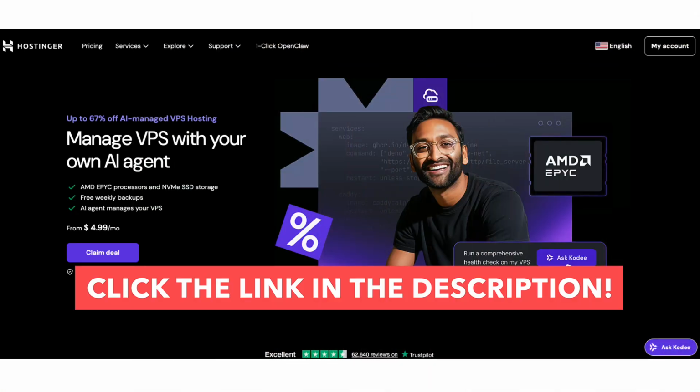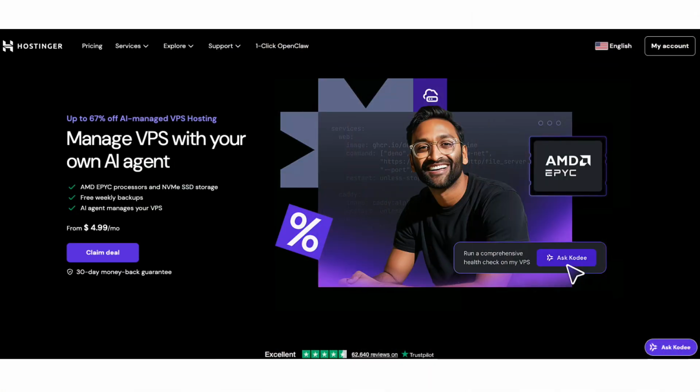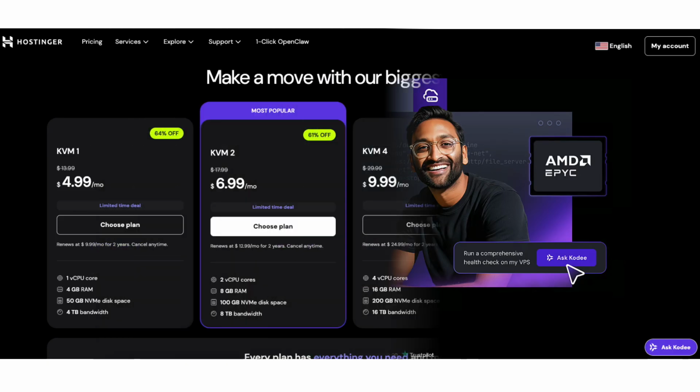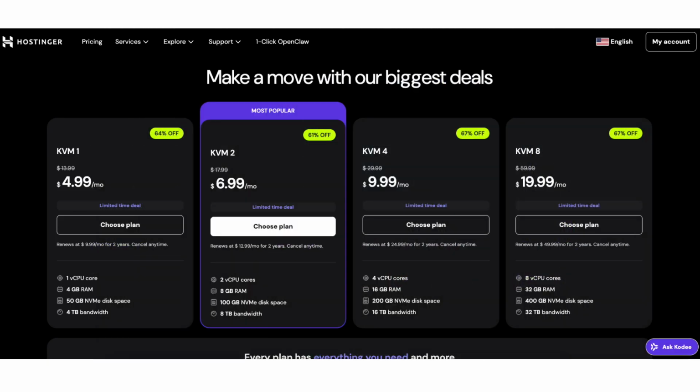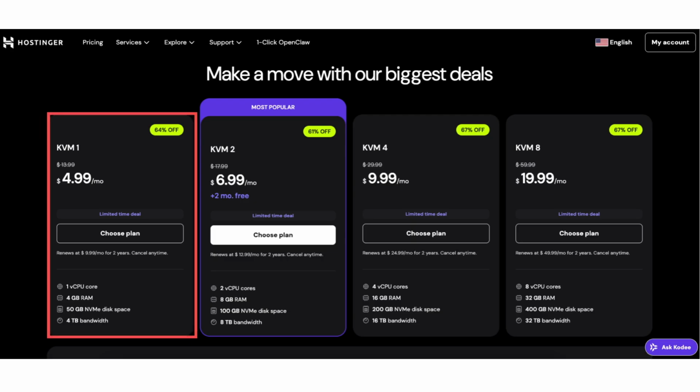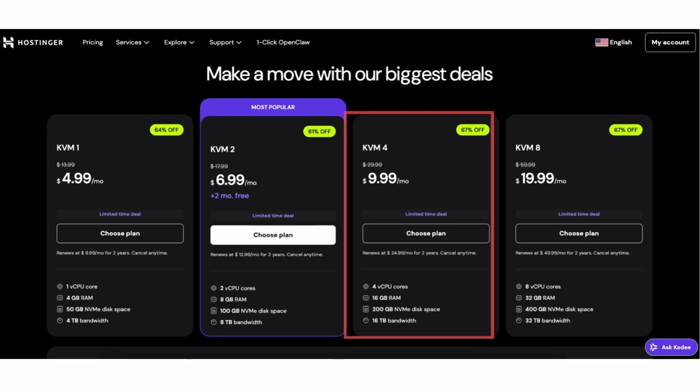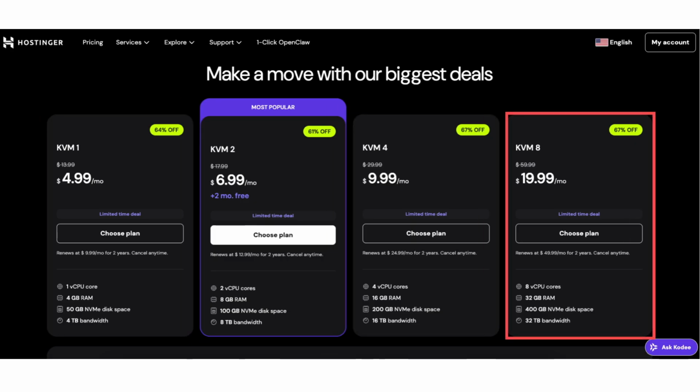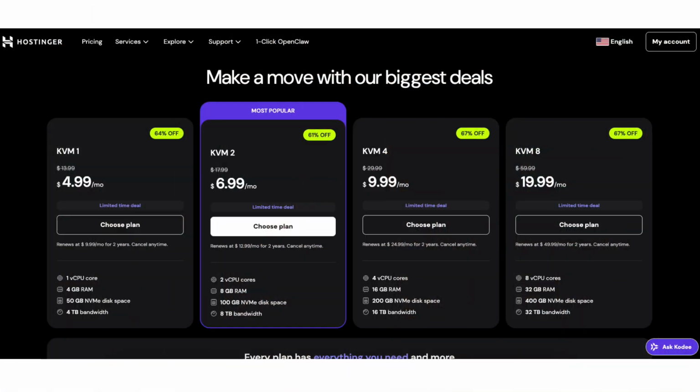The first thing you want to do is click the Hostinger VPS link in the description below. Once you land on the page, click Claim Deal and you'll see the available VPS plans. Hostinger currently offers multiple VPS tiers: KVM1, KVM2, KVM4, and KVM8. Now here's what those mean in simple terms. The higher the plan, the more RAM you get, CPU cores you get, storage you get, and the overall performance